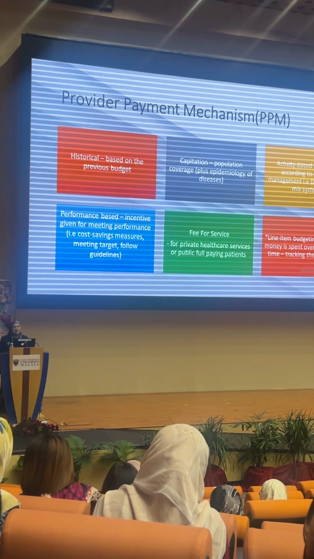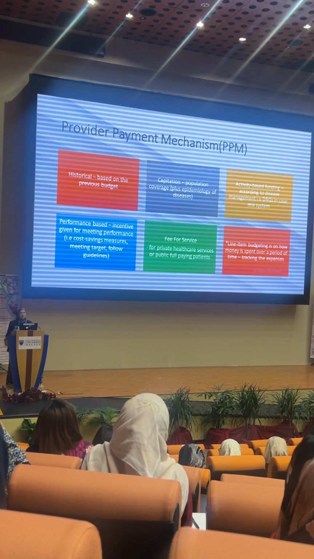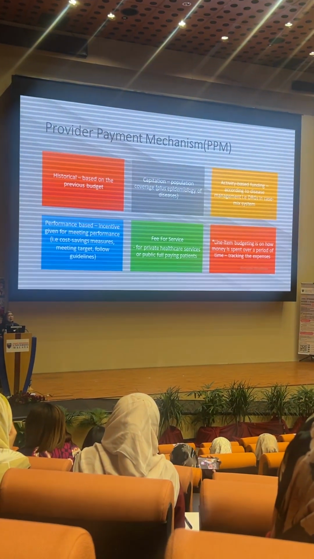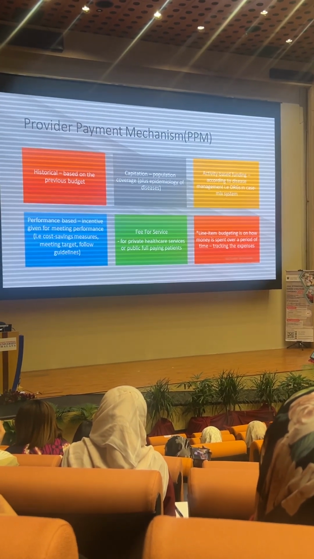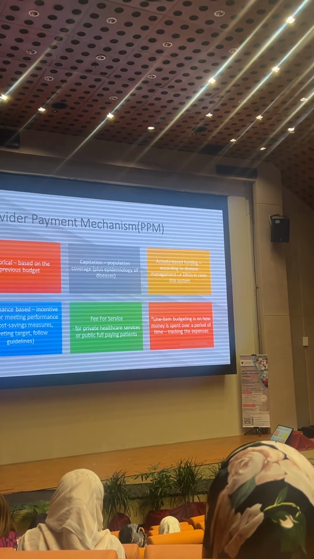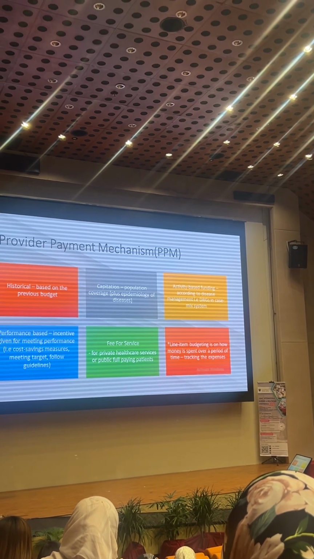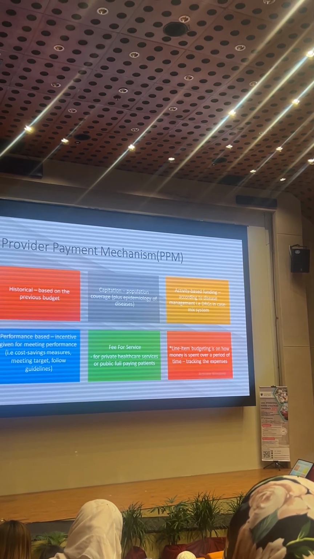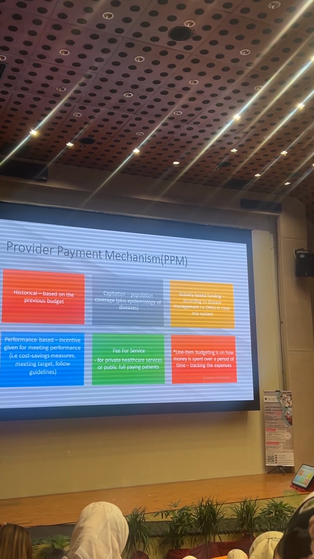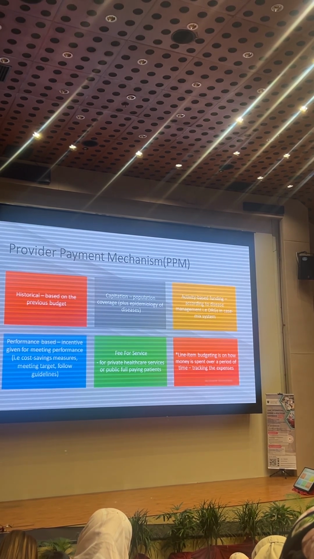Okay? And then the other one is activity-based funding. So this is the one that I'm going to elaborate today. This is according to disease management or diagnosis related groupings as used in case mix system. And so far, we think that this is the most equitable way of paying the hospitals, because it is based not only on the volume of the patients that is being treated by the hospital, but also based on the complexities of the cases, and of course on the procedures that need to be performed.